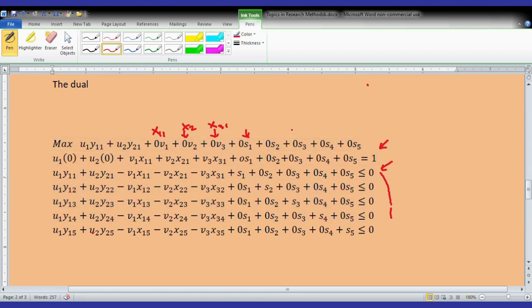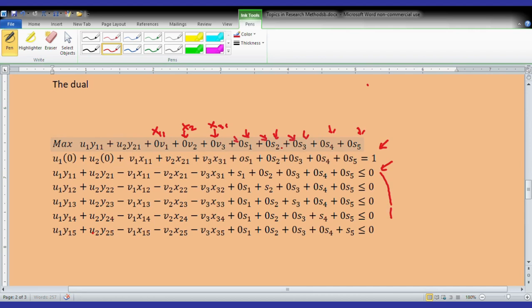So we have introduced these 5 slacks S1, S2, S3, S4, and S5. But they are not a part of the objective function, and so we have put coefficient equal to 0,